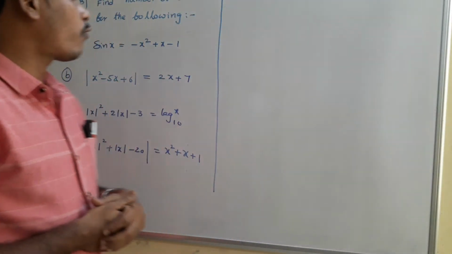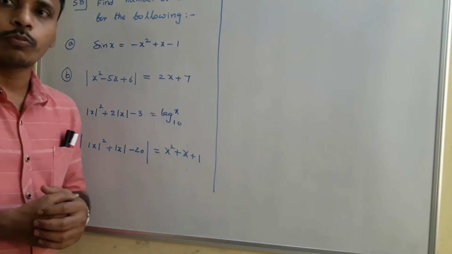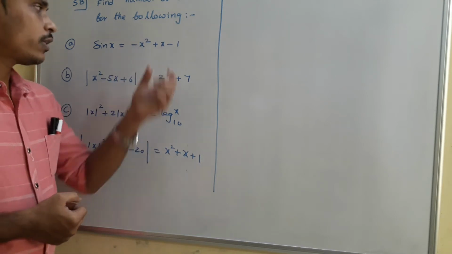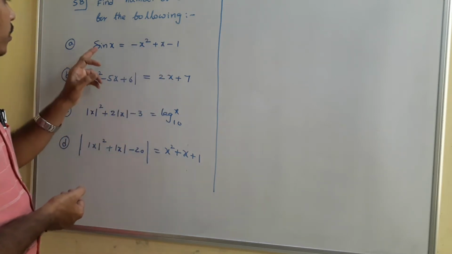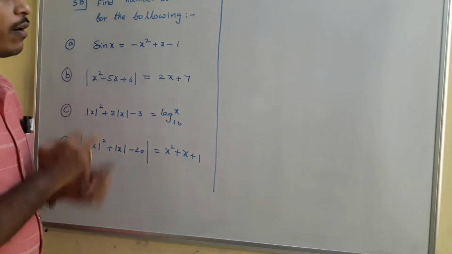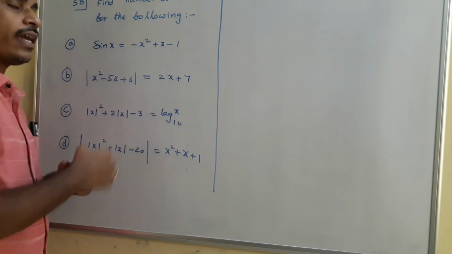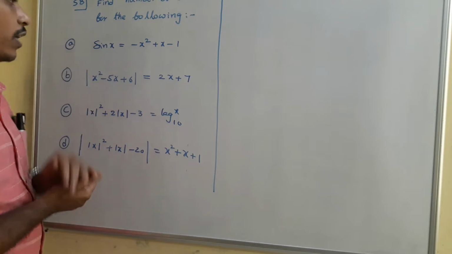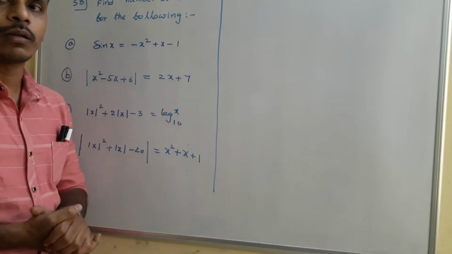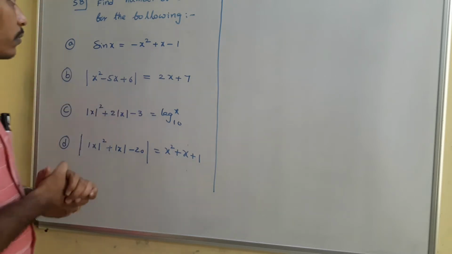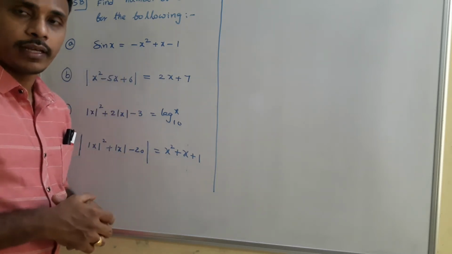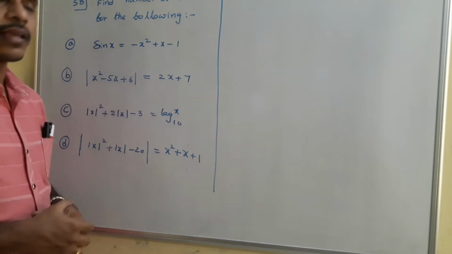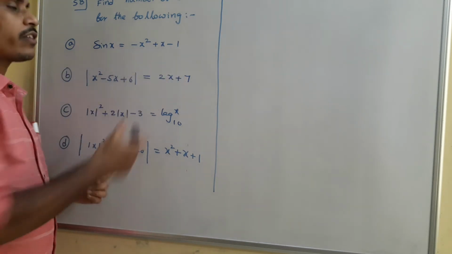So how to find the number of solutions for this, that's what we need to plan. To find the number of solutions, you just sketch the graph of the right side expression as well as the graph of the left side expression. For that we need to know the graph of the right side quadratic expression as well as the graph of sin x. If you are aware of the graph of sin x, then the situation is somewhat comfortable to analyze. Finding exact solutions may be somewhat complicated, but finding the number of solutions is sometimes easy using the graphs. First of all, I am sketching the right side one, the quadratic.